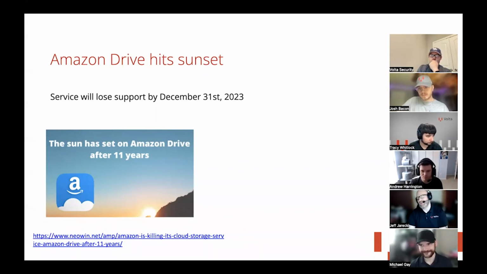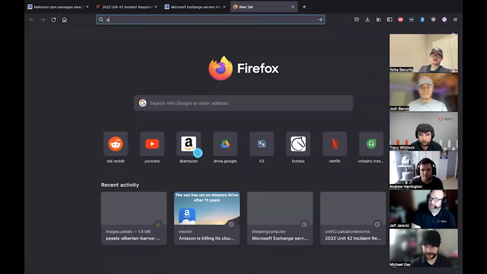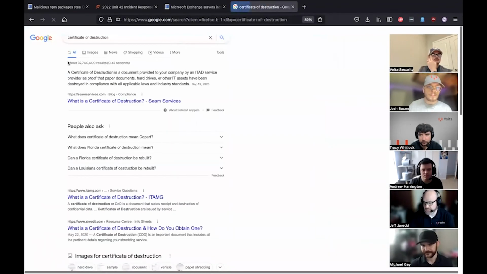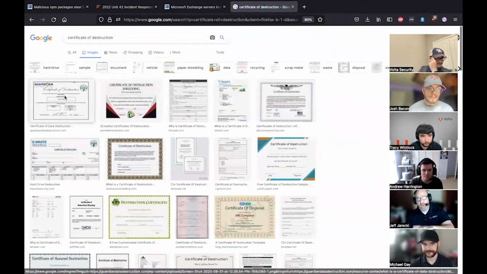There's countless stories on the web, folks, of organizations, some intentionally, mostly inadvertently, doing the wrong thing with data and not properly destroying drives and storage, and data being leaked out there. I mean, honestly, there's countless stories. So be sure that you are checking your contracts with service providers to ensure that they are contractually obligated to provide you, typically, with what's called a certificate of destruction. It is literally a certificate that indicates and proves how the media was physically destroyed or manipulated, or in the world of the cloud, which is everything, right? Showing that.